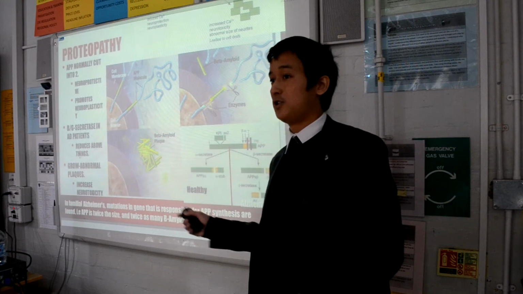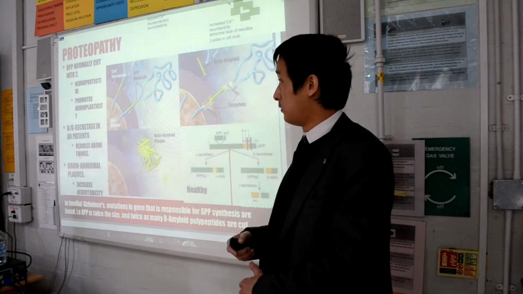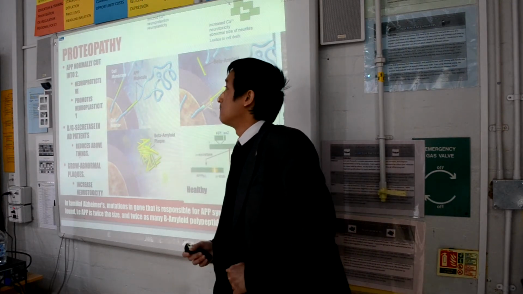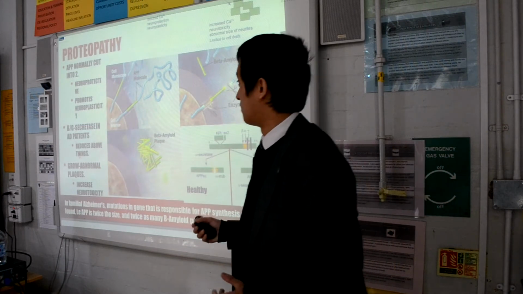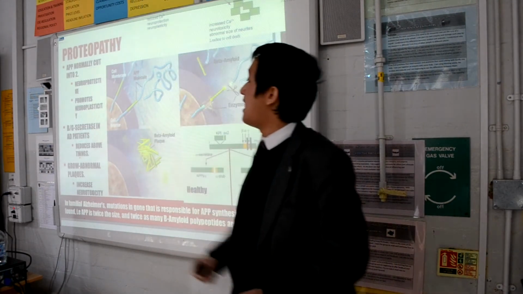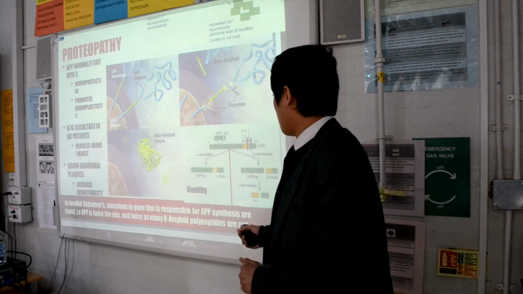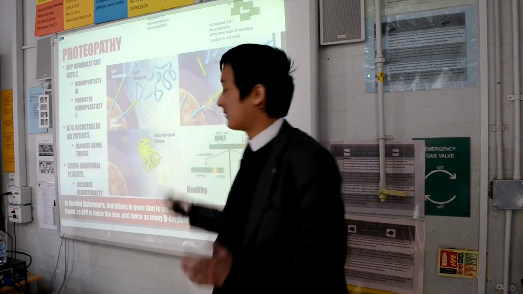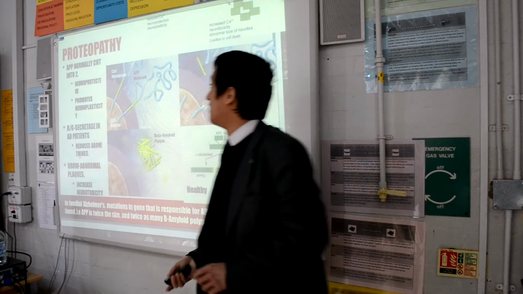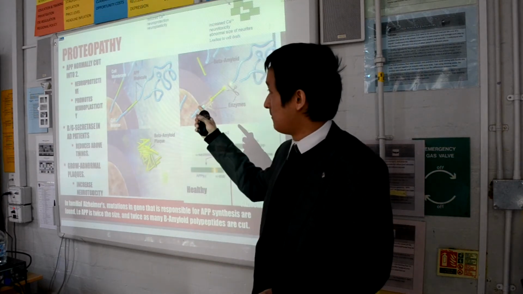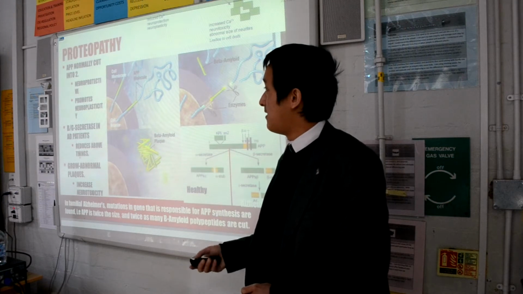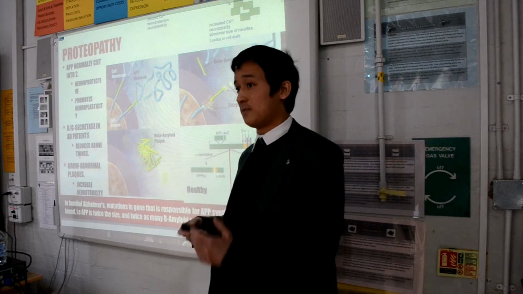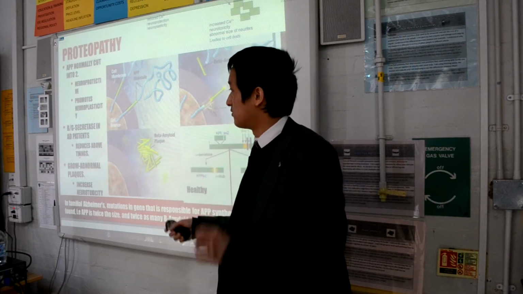The next thing is called proteopathy, and this is how beta amyloid deposits are formed. In a normal human, you have a protein called amyloid precursor protein, and this is a transmembrane integral protein, which is in the cell membrane over here. And as you can see, with a normal person, you have an enzyme called alpha secretase, which cuts the protein, and you get two bits of the protein. The first bit that's cut floats outside of the cell, and this has neuroprotective properties,